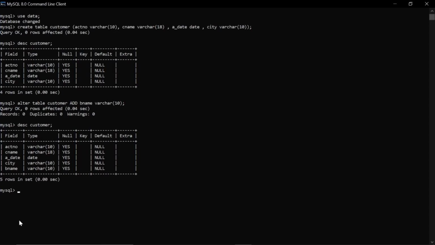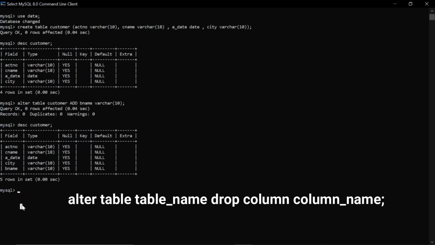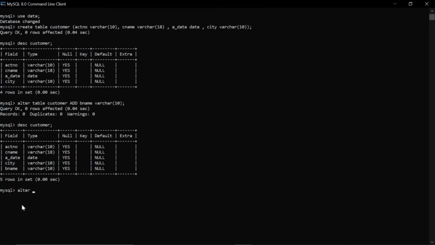Now suppose you want to delete a particular column. Let us suppose that we want to delete the column named city. For that you have to write the syntax as alter table, the name of the table, drop column, and the name of the column which you want to delete. Alter table. Here drop represents delete.